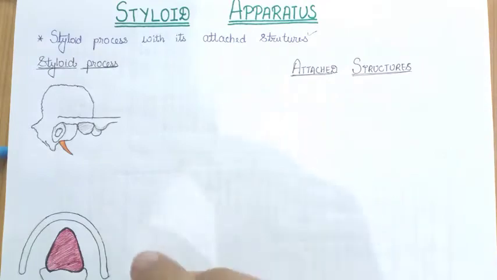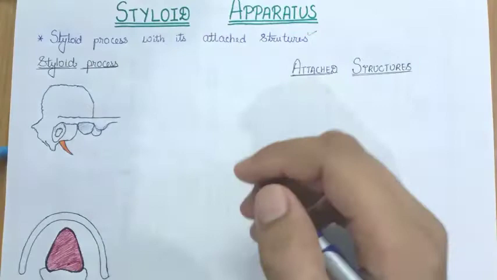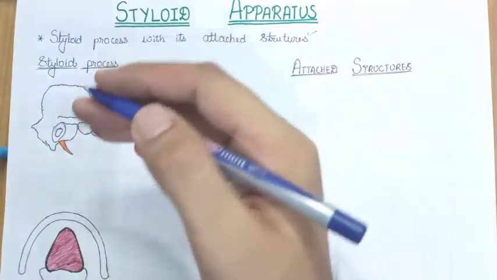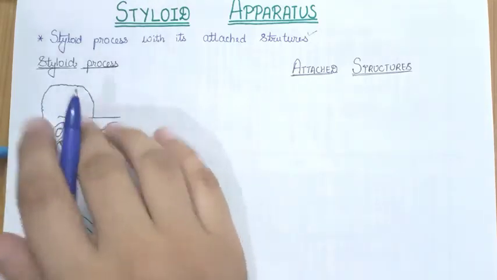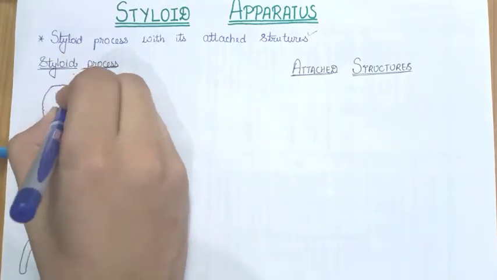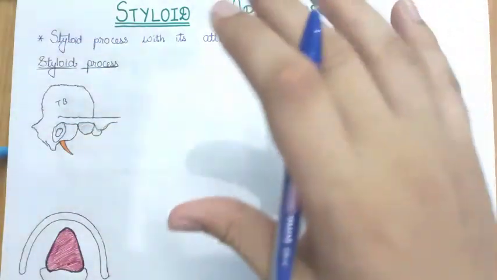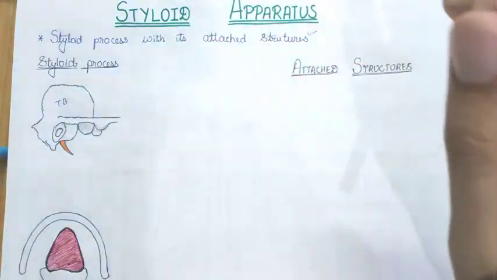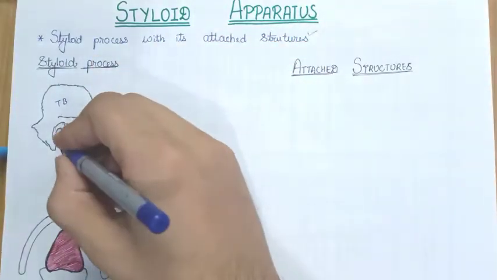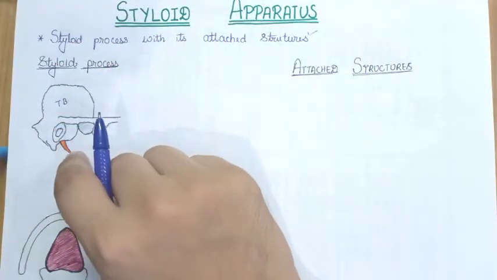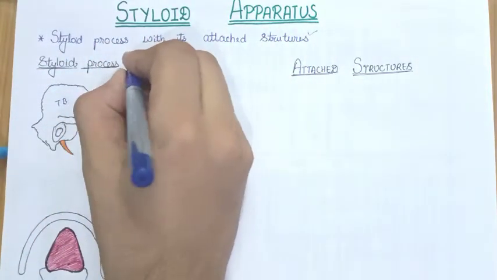So what is this styloid process? What you see here is the right side of the temporal bone. In the lower part of the temporal bone, you can see a bony projection. This orange colored structure, which bone is this? This is the temporal bone, and in its lower part, it has the squamous part and the petrosquamous part. That is a separate discussion in osteology. But from this topic's point of view, the styloid process is just a pointing bony structure present inferiorly in the temporal bone.